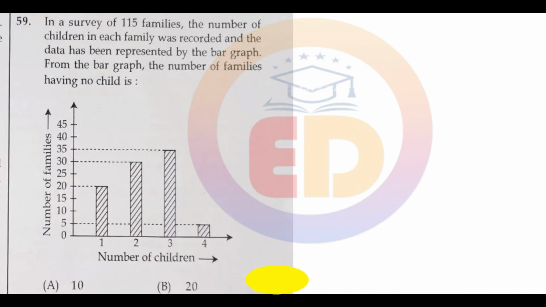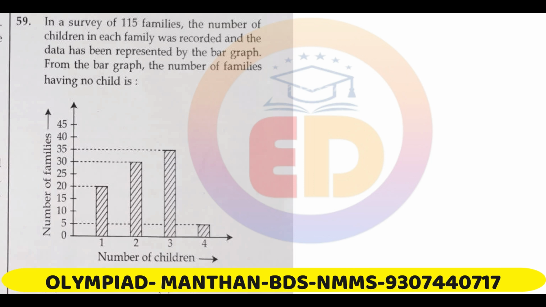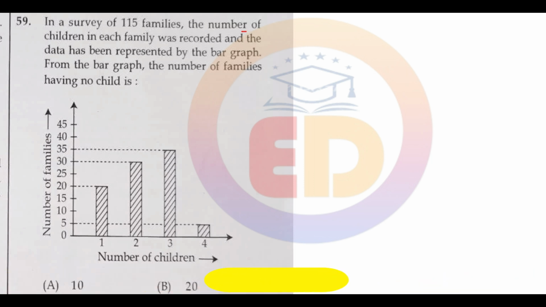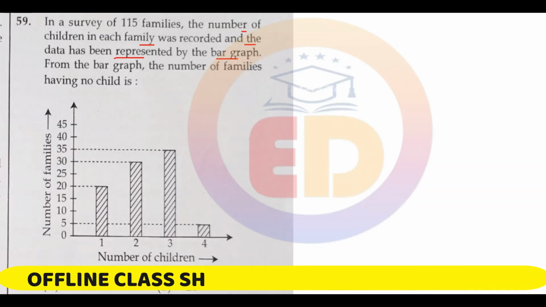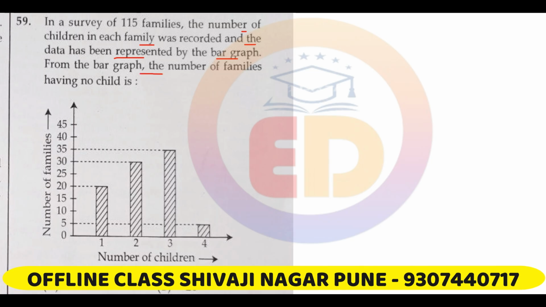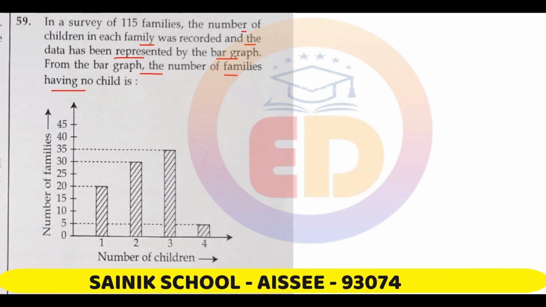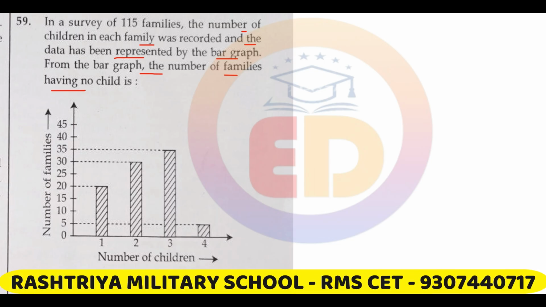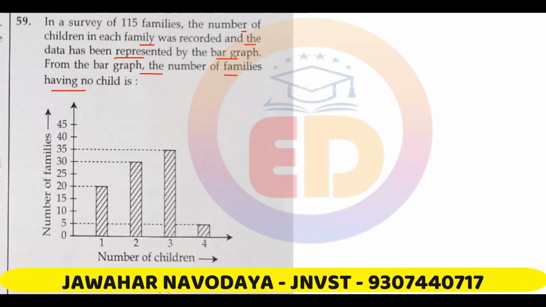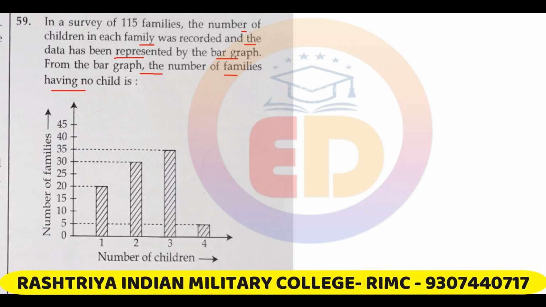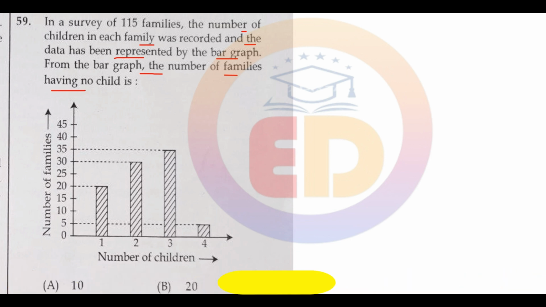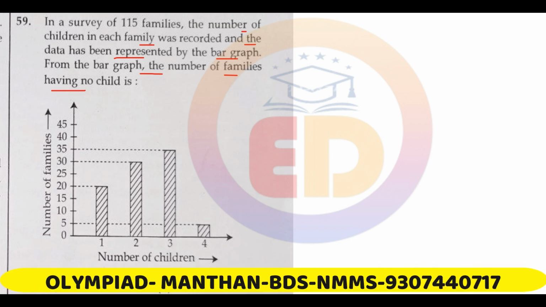Moving on to question number 59. In a survey of 115 families, the number of children in each family was recorded and the data has been represented by the bar graph. From the bar graph, the number of families having no child is. So they are asking that they have represented the data in which it shows how many children are there in each family, and then they have represented. If you want to understand this, then it will be,